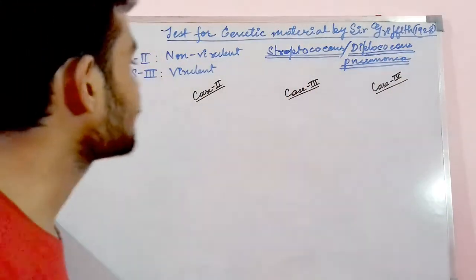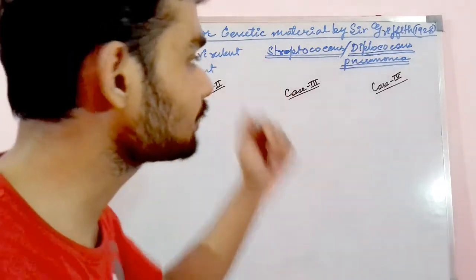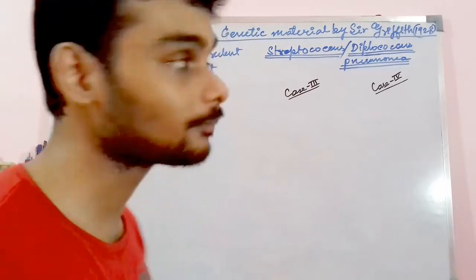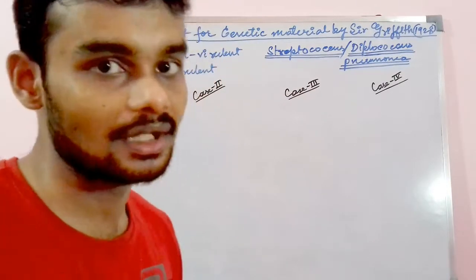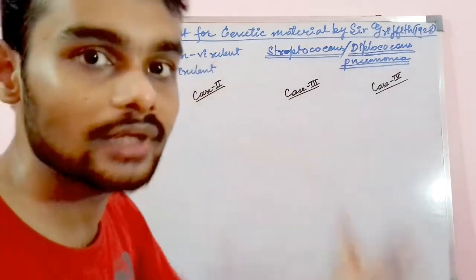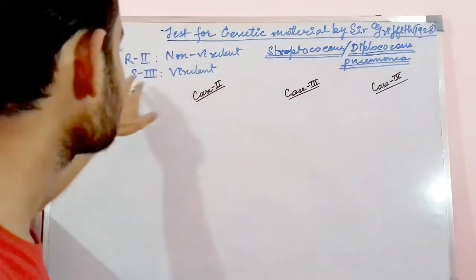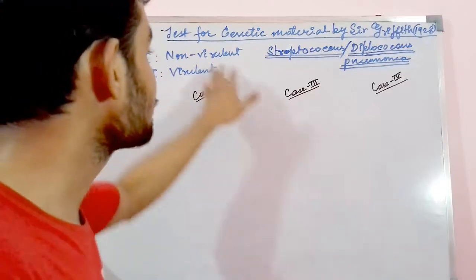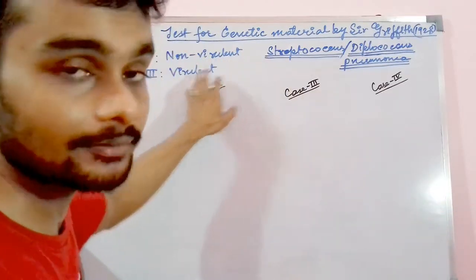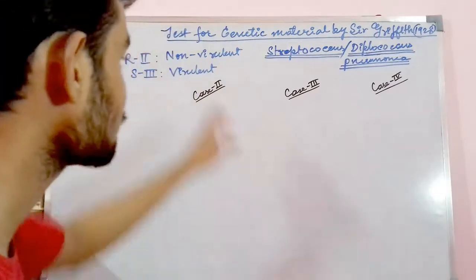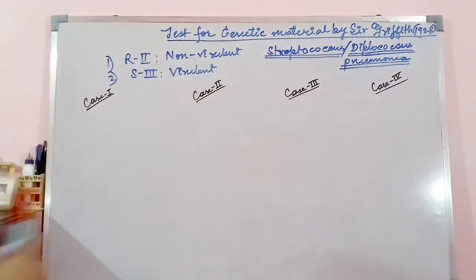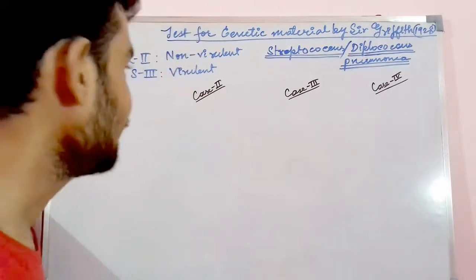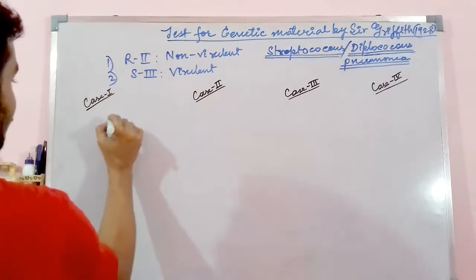As I said, he isolated these two strains of bacteria. Sir Frederick Griffith performed a very smart kind of experiment, a straight-cut method in the era of modern biology. He isolated the non-virulent strain, R2 type, which was not able to cause pneumonia, and the virulent strain, S3 type, which was pneumonia causing. Now, he cultured these two bacteria separately, and in case 1, he injected